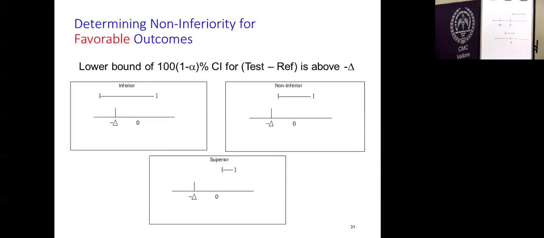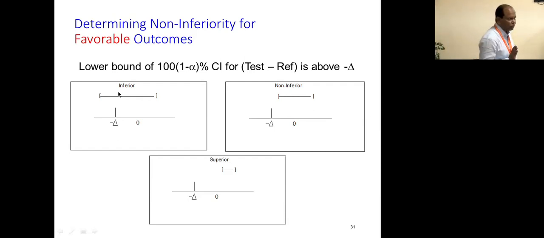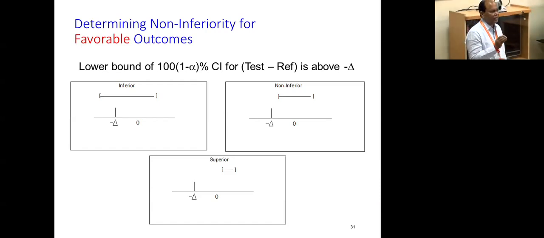So non-inferiority, you see here, this one is a limit. This is the limit. The lower limit of my confidence interval has exceeded the a priori margin. Therefore, it is inferior. Do you agree with me? So when you establish a confidence interval, look at the non-inferiority designs. Look at the lower limit of the confidence interval and see whether it has exceeded the margin or not. If it has exceeded the margin, it is inferior. Okay. So long as it is within this margin.